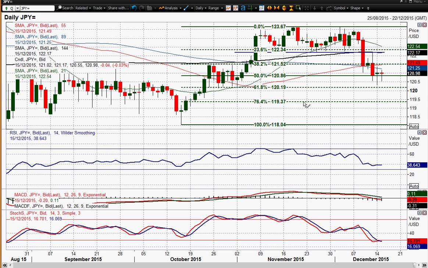And it's interesting because I think what you're going to now see is dollar yen maybe trade between the 61.8 and 38.2% Fib levels. And I say 38.2% because look at this, 38.2% is 121.52. Again, that coincides with some reaction highs from late October. So this is where it was late October, trading between these levels, and I think that's probably going to be playing out again in the coming day and a half in front of the